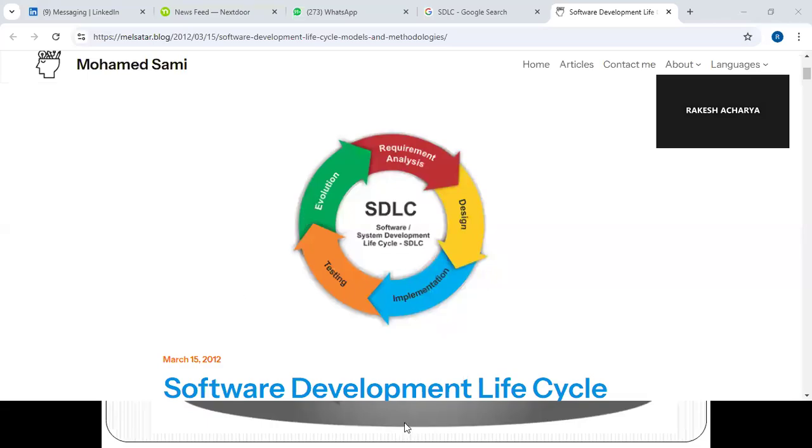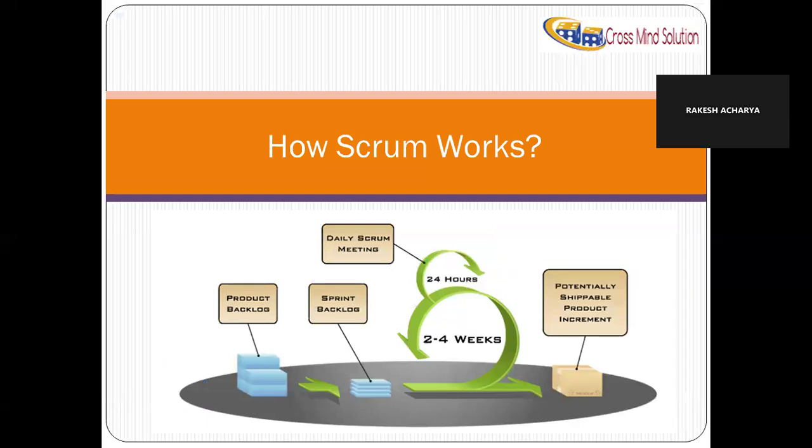Okay. So, what I was saying, what is a sprint? A sprint is nothing but a time box. Time box means when we are starting the project in Agile, we take a benchmark. We say, okay, we will deliver some items or functionality features every 2 weeks, 3 weeks, or 4 weeks. So a sprint is a timeline or a cycle that is 2 to 4 weeks, but we cannot change it